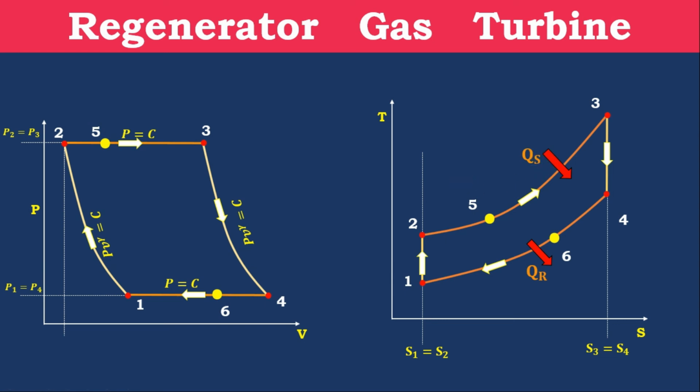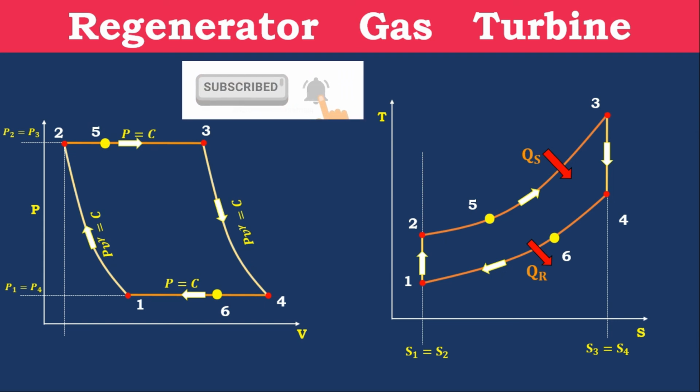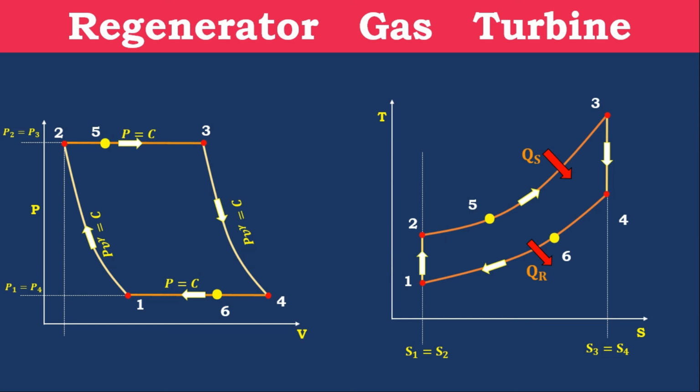How are we increasing the inlet temperature of the combustion chamber? If you see, that is because of the outlet temperature of the turbine. Because the outlet temperature of the turbine is greater than the inlet temperature of the combustion chamber, we are exchanging heat between these two, which increases the inlet temperature of the combustion chamber. In the next class we will discuss how the regenerator affects the gas turbine engine.